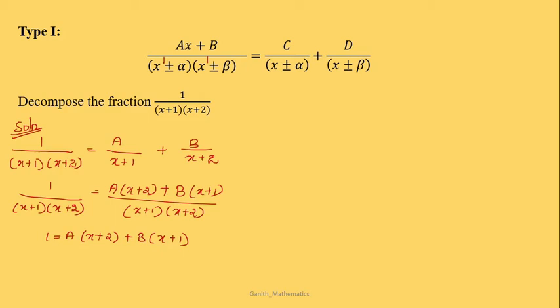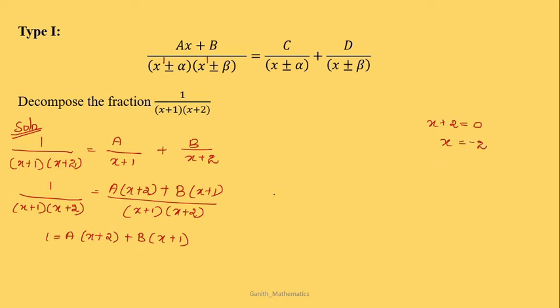In this part there are two factors. The first factor is x plus 2 and the second factor is x plus 1. I am going to consider any one of them. For example, I am considering x plus 2. I want to make this equal to 0. If I make this equal to 0, then I can easily find my b, right? So I consider x plus 2 and I want to make this 0. So what will be my x? My x will be minus 2.